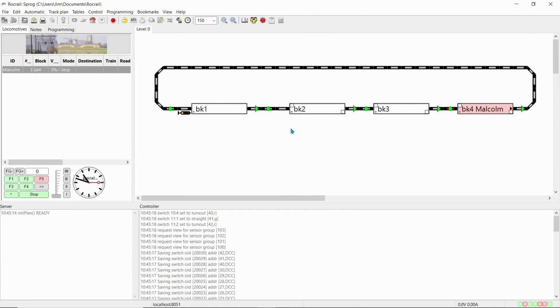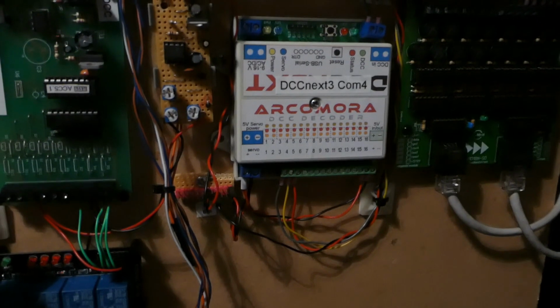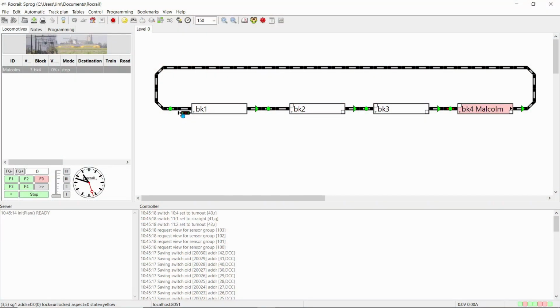So I've done a relatively simple design in Rockrail to show you the signal. This is the signal here, which is wired into my DCC Next. So let's look at the properties of this signal first. So go to Properties,